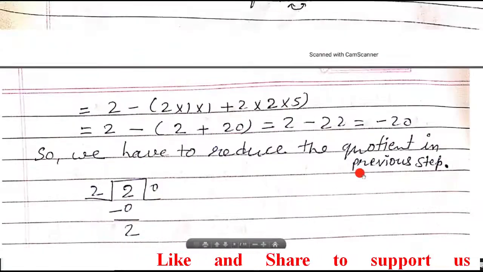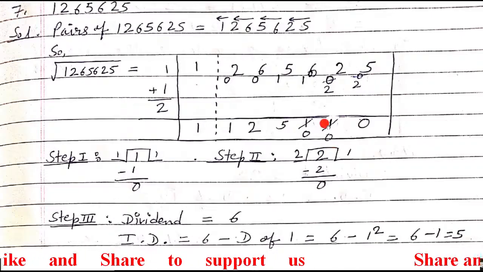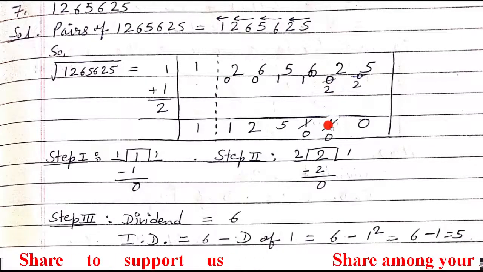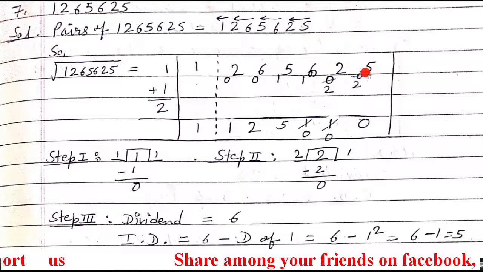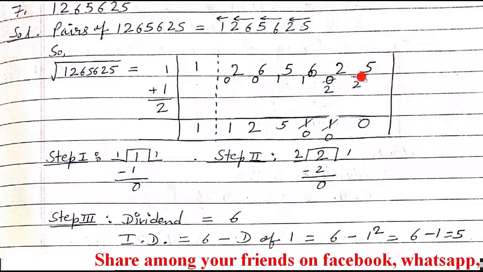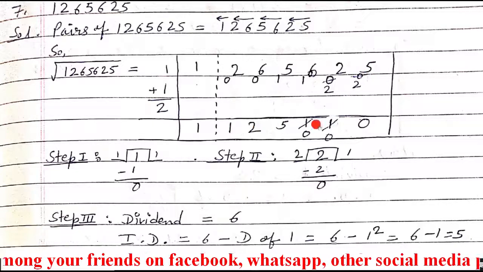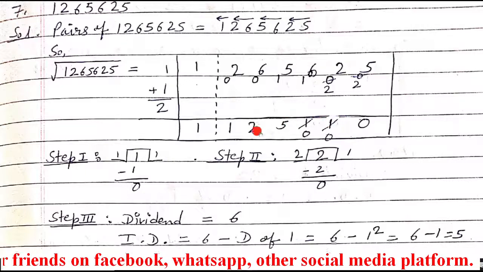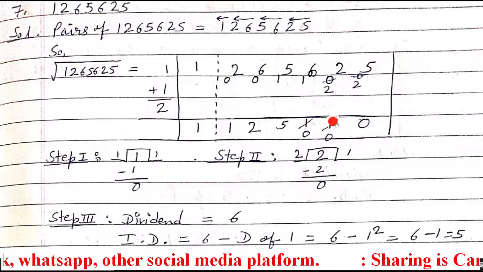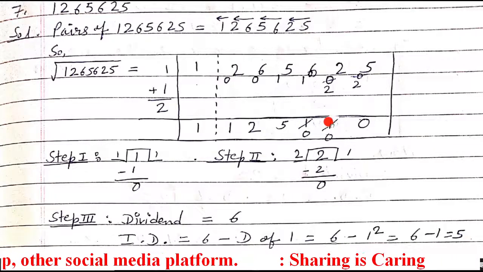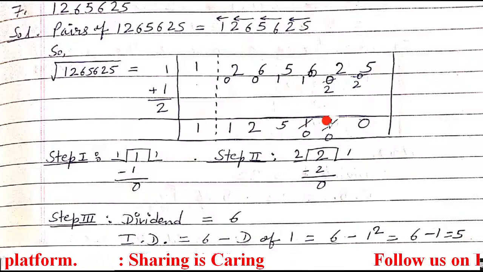So in the table, write here, because we had done this column, write here 1 and the remainder is 0. So 0 5, 0 5 is your dividend, and to find the improved dividend we have to do the D of this complete number. What is the digit now? 1, 2, 5, and here it is reduced to 0, and here we have not reduced, here still 1 is there. So 1, 2, 5, 0, 1.